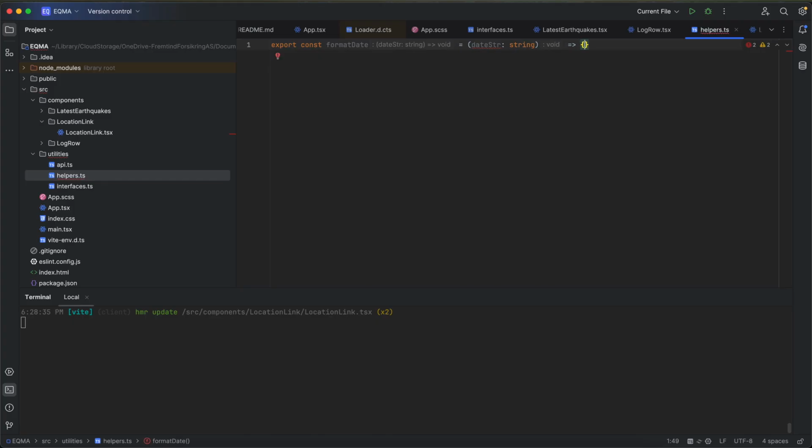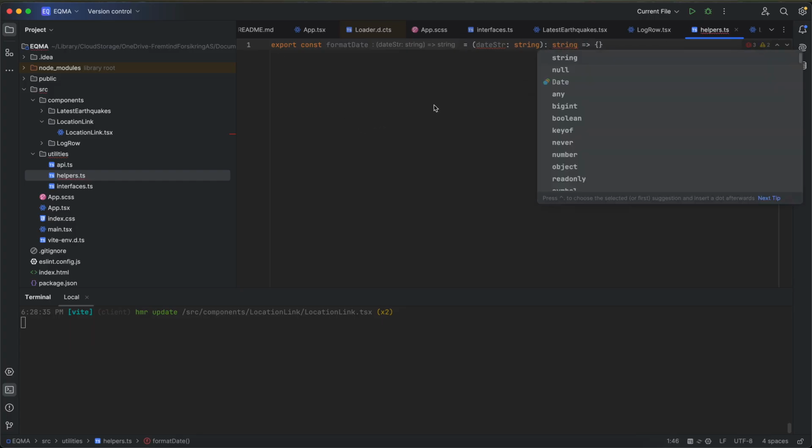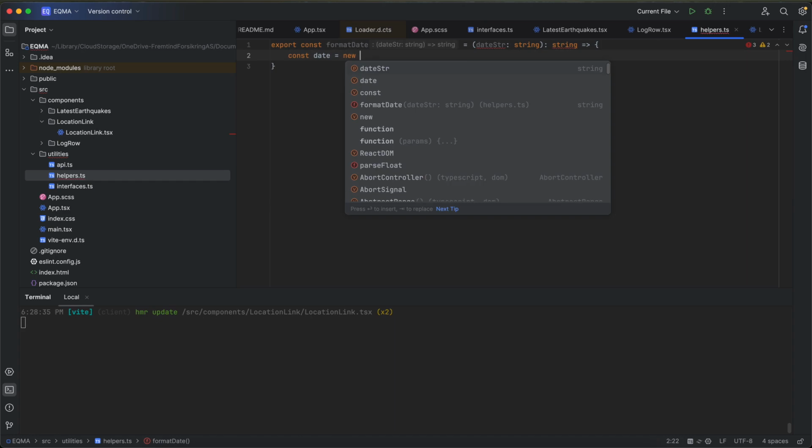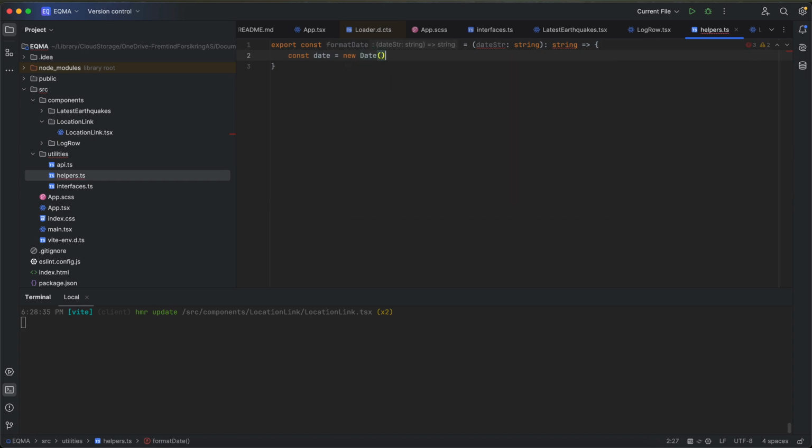Sorry for this small noise. It will return us a string here, like this, and I just get date here as a new date object, date string,